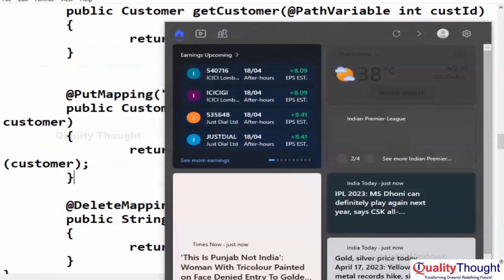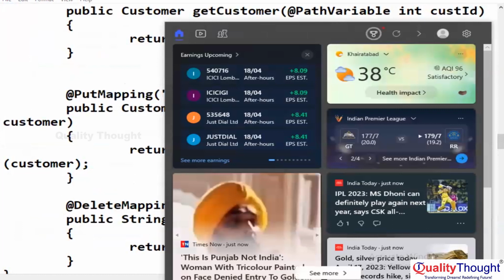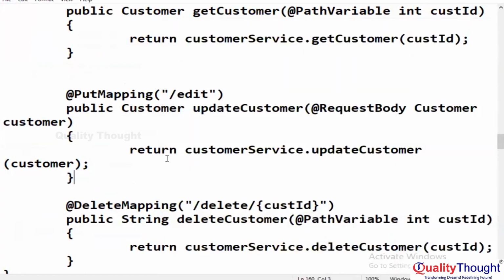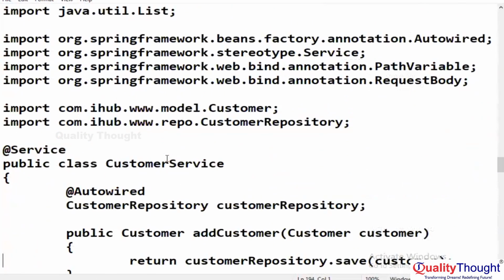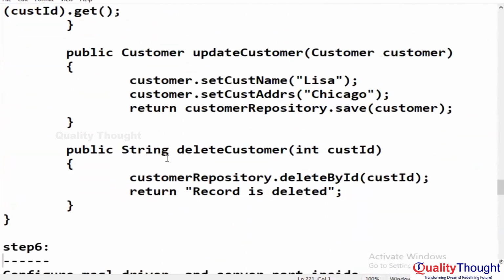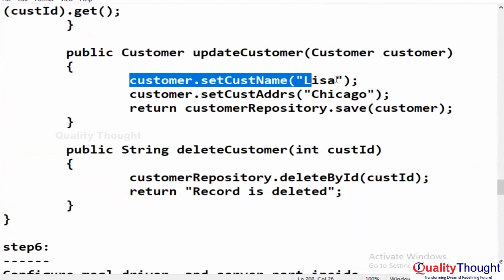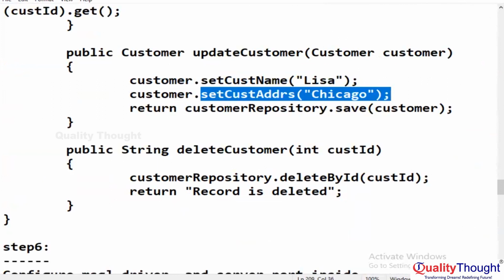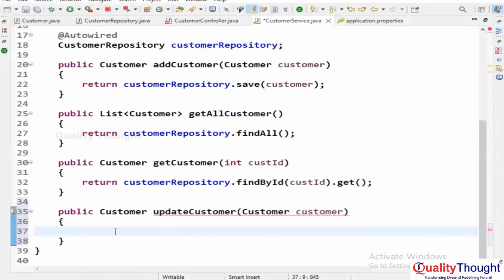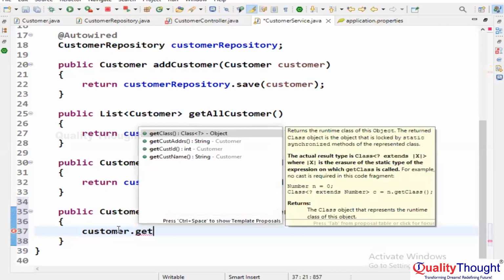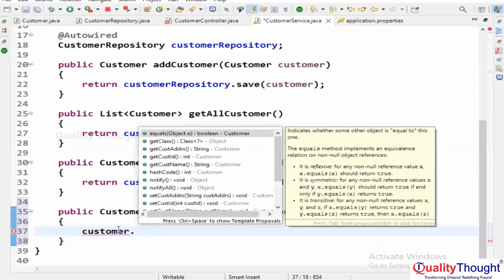Why is this coming? Okay, so everybody focus here. For update, what I'm doing is getting the settings. What's the name I want to keep? Lisa. Address I want to keep it what? Actually, this is the first one. Lucy is there, na? Lucy 102. So what I will do, customer dot, I will say,